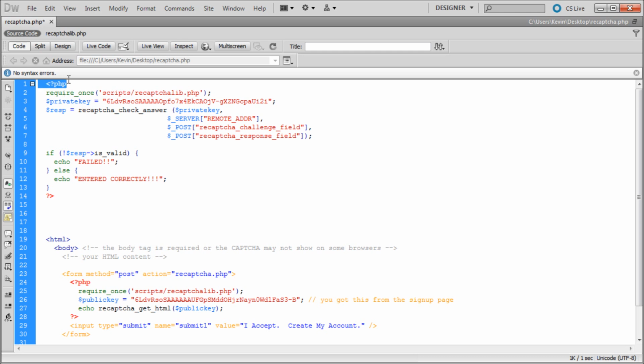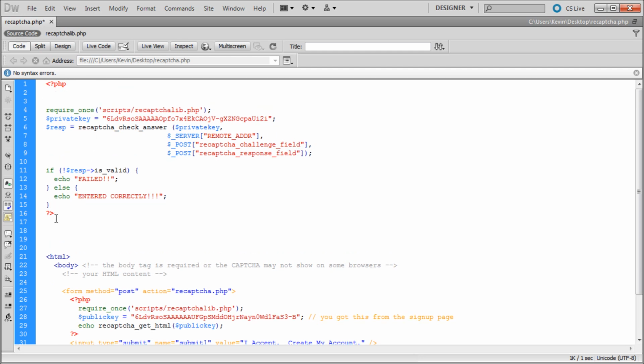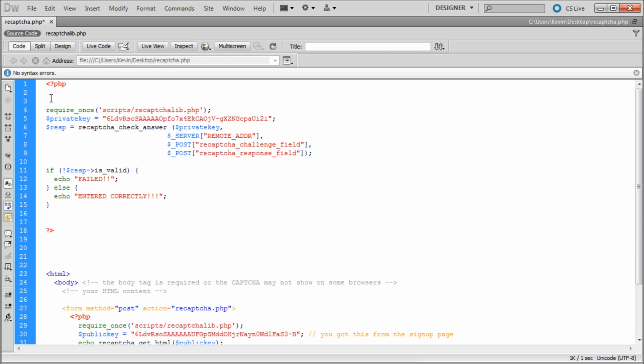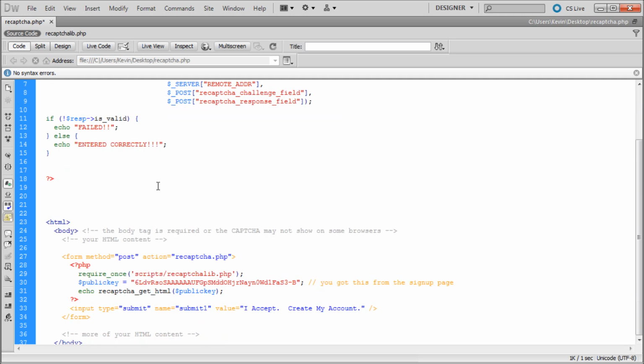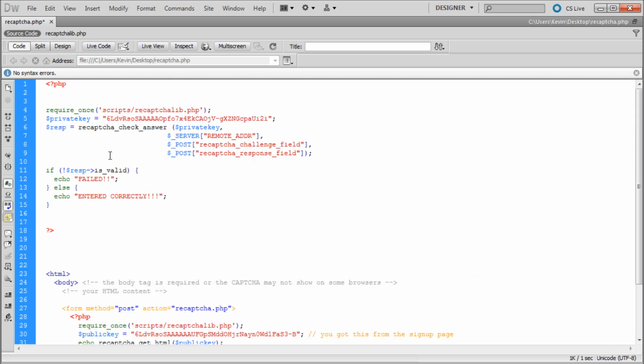So I'm just going to go up right after the little PHP tag up here, hit enter a couple times, and then go right before the closing tag and hit enter. And what we're going to do is basically link this code to our form. So we're going to say basically if the submit button's clicked, then check to see if the reCAPTCHA is doing the right thing. So the way that we're going to do that is say if, space, open parenthesis, isset, so ISSET, and then open parenthesis